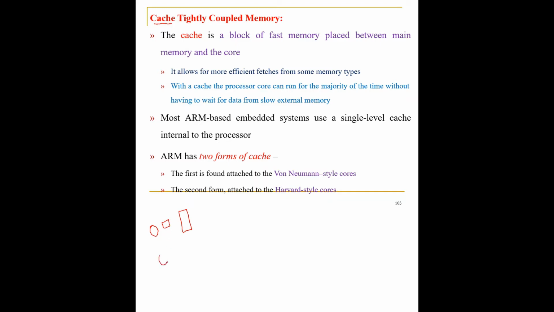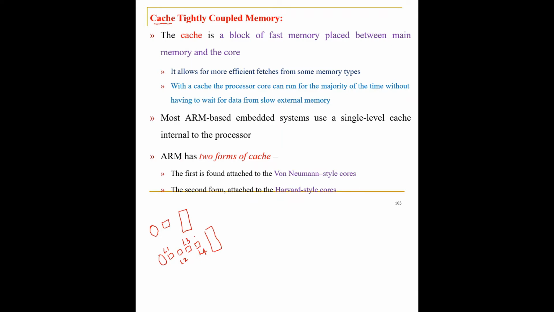Multiple level means you will be having the processor here, and multiple levels of cache placed between the main memory and the processor. So we call the cache memory very close to the processor as level 1, next will be level 2, next will be level 3, next will be level 4. So basically the functionality of this cache memory is to reduce the fetching time between the fetching of the instruction and data between the processor and the